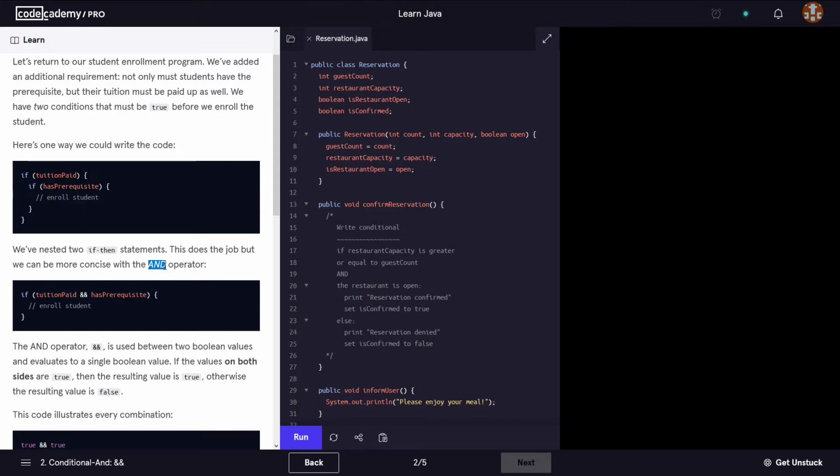So using the AND operator, we have an example here. We say if, and then we have the tuition paid, which is a variable,